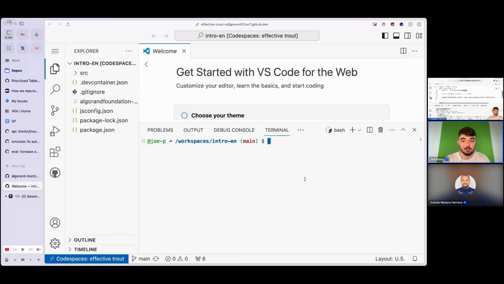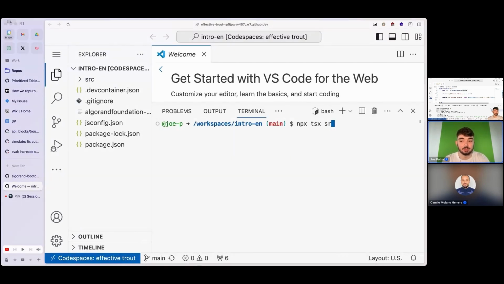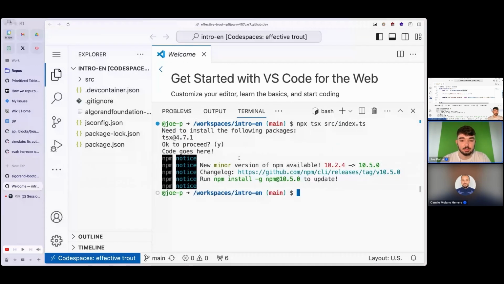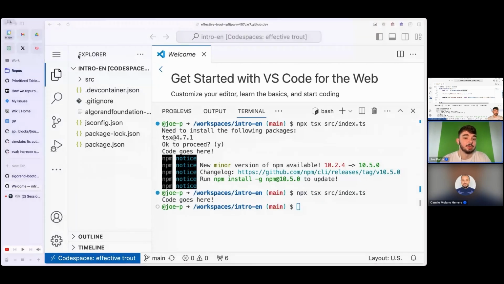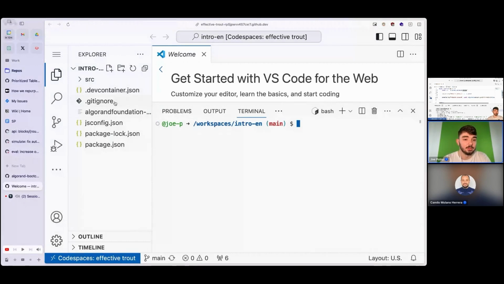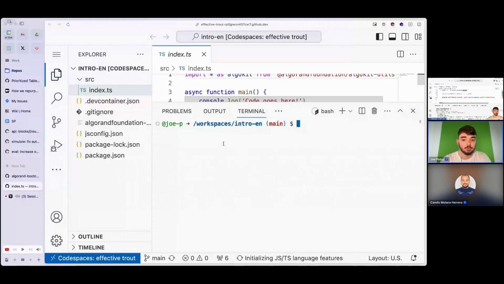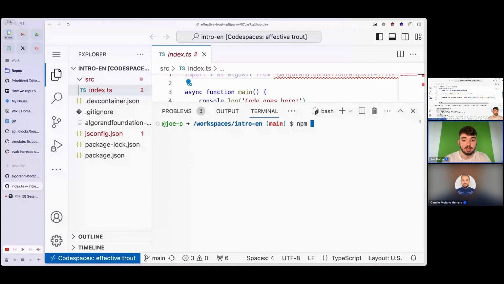So I saw some people were saying if they do an npx tsx source, if you try to run it right away, what's going to happen is, no, looks like it, oh, because I haven't actually imported it yet. But if you try to add the code and then it doesn't work, you need to make sure you do an npm i.